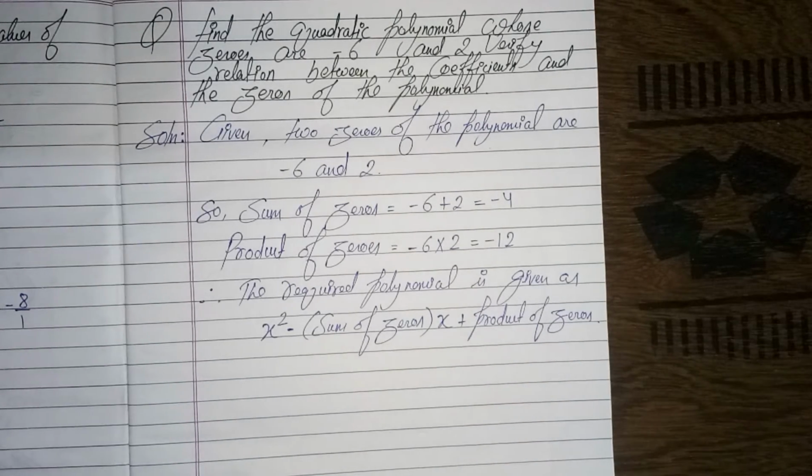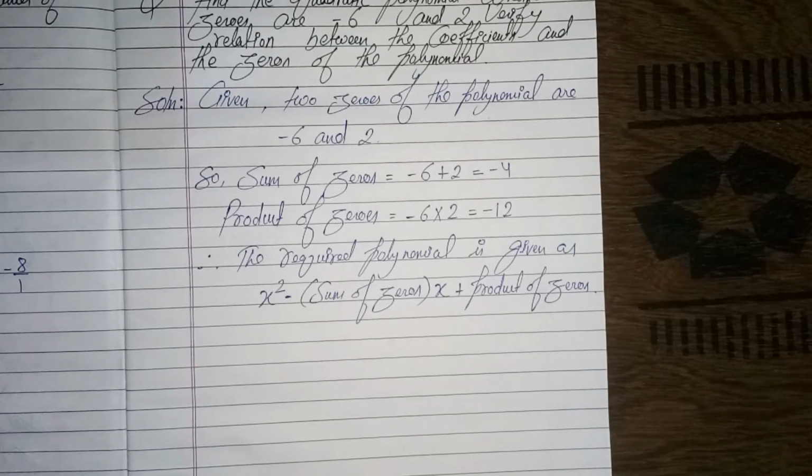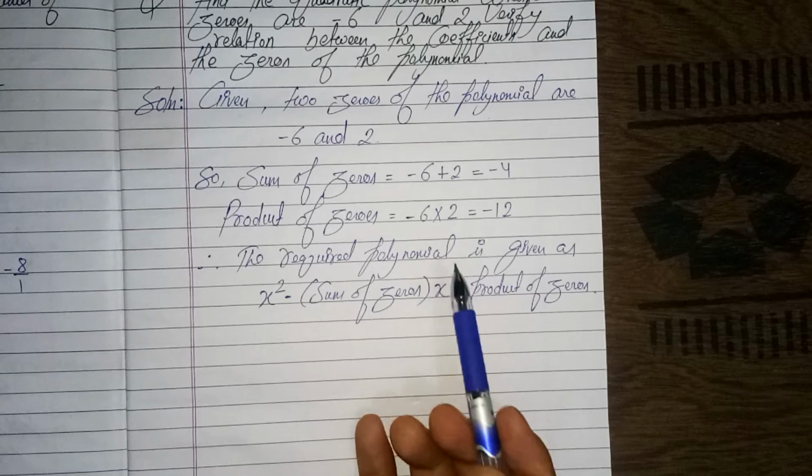So this is the formula to get the polynomial, quadratic polynomial, if we know the sum and the product of